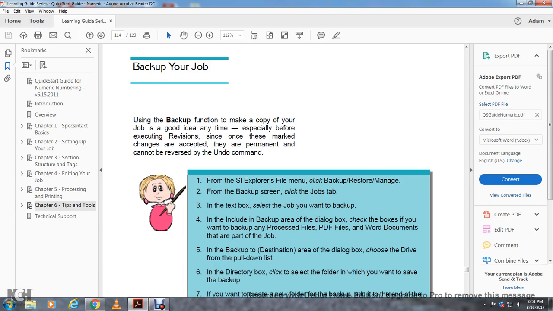Alright, back up your job. The backup function to make a copy of your job is a good idea, especially before executing a revision, since changes marked or made are permanent and cannot be reversed with a new command. From the Specsintact Explorer file menu, click Backup and Restore Manage, and then from the Backup screen, click